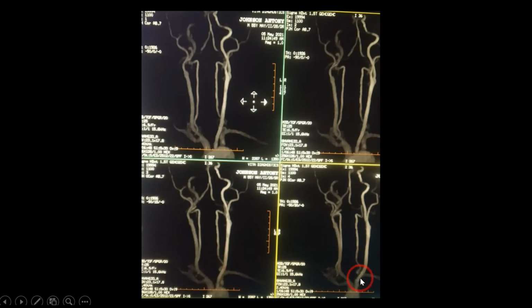So when we try to focus on one vessel, we can see it very clearly. It is arising behind that, so it's overlapping on that. The vertebral artery, there is a tortuous origin coming like this, and that is continuing as the vertebral artery. Nothing much to comment on that. So that is all.